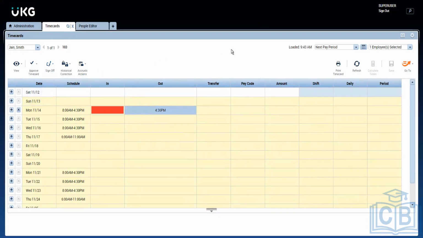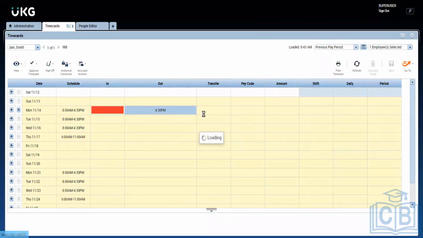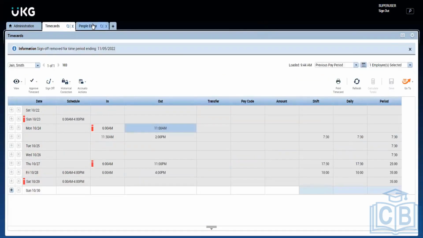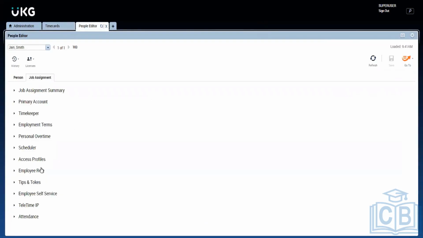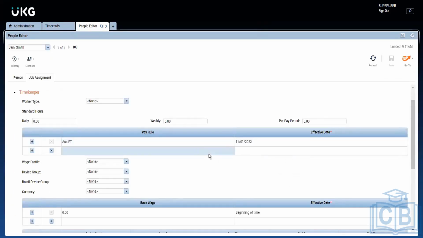Okay, this is next. We'll add signing off. We can do it only on the previous pay period. So how do I test it out now? One second, I need to assign. This payroll is assigned to the employee with the effective date of the 1st of this month. So I'll just change it to some previous date. From the 11th only it's assigned.